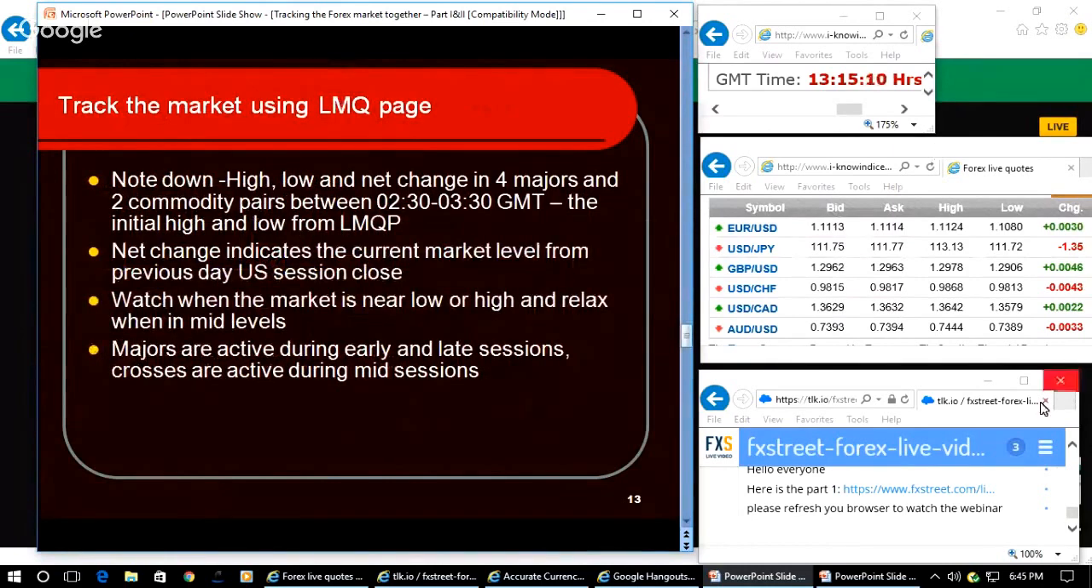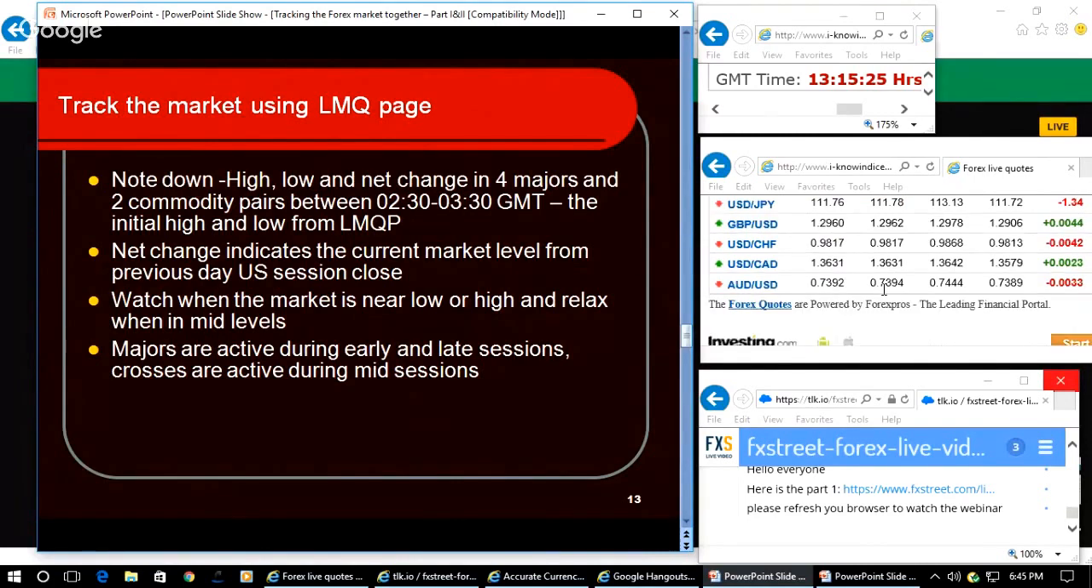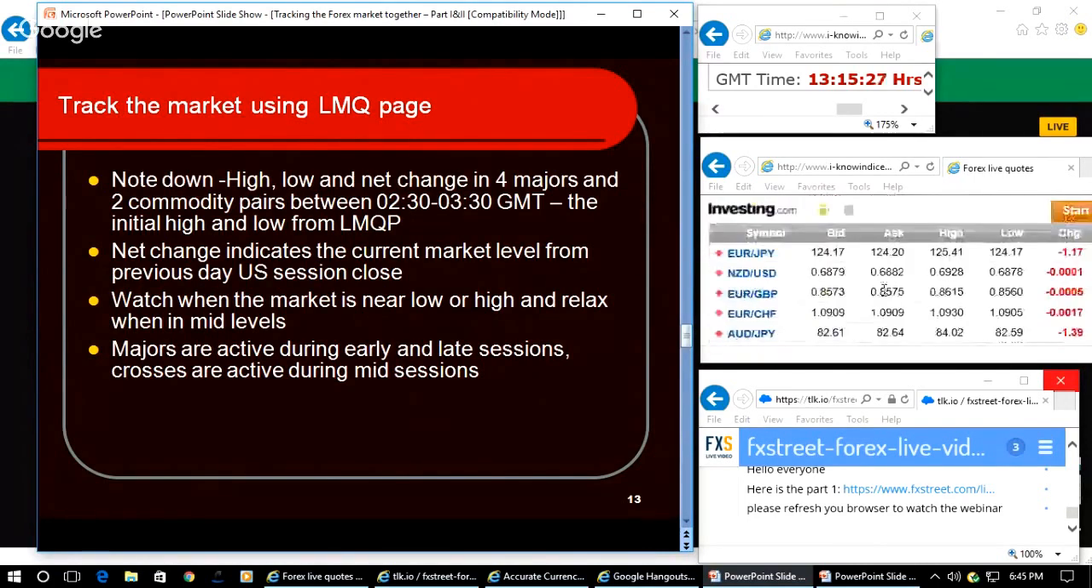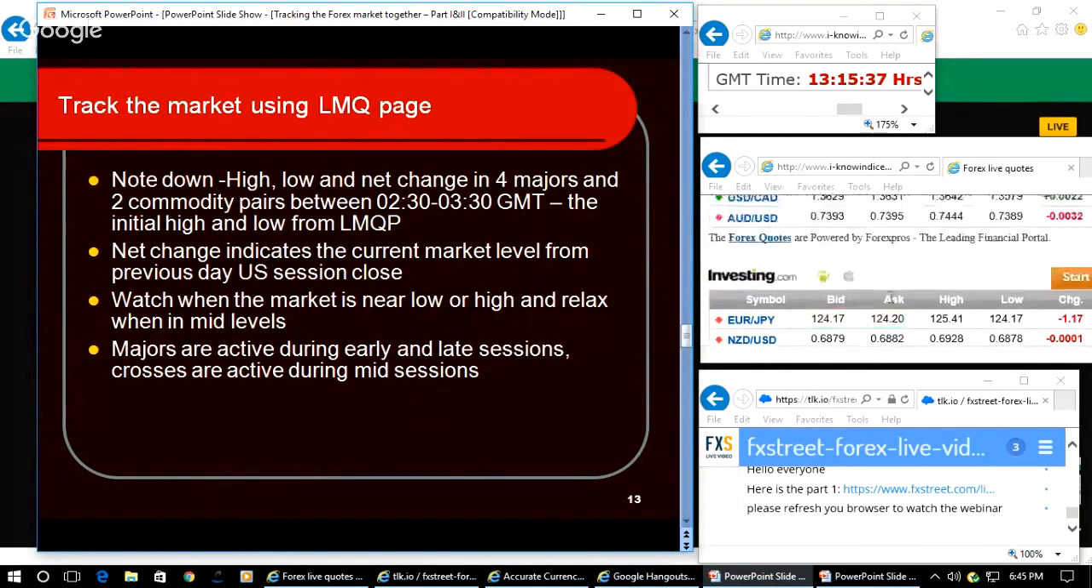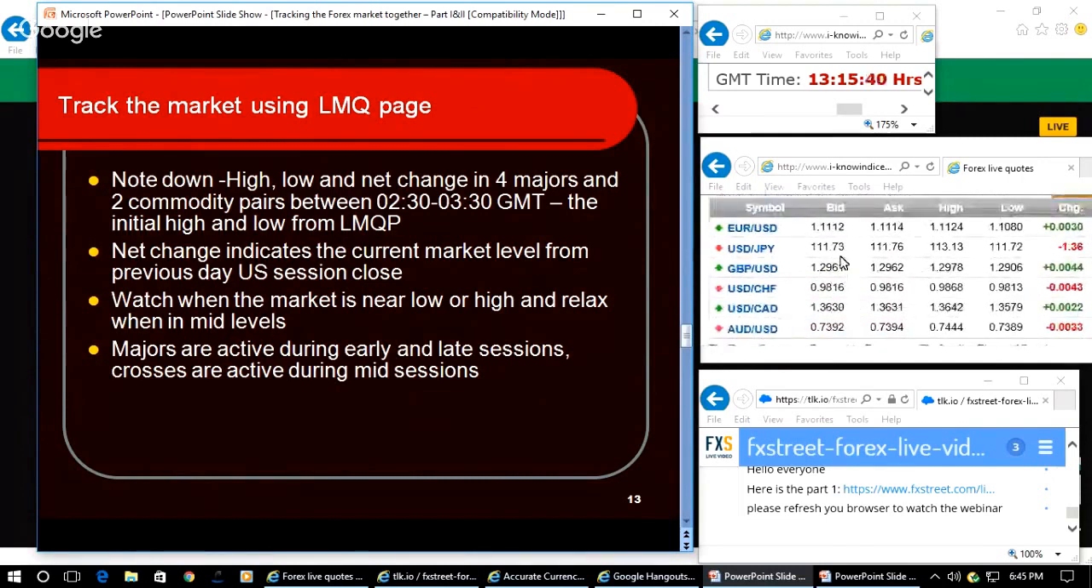If you look into that of the live market code page, you find that Euro has gained about 30 pips, GBP has gained about 44 pips as a net change, whereas USDJPY has dropped about 134 pips on the downside. This is mainly due to the drop in the yen crosses. If you see yen crosses, Euro yen has dropped about 117 pips, GBP yen about 128, 129 pips. What will happen? They will hold the low